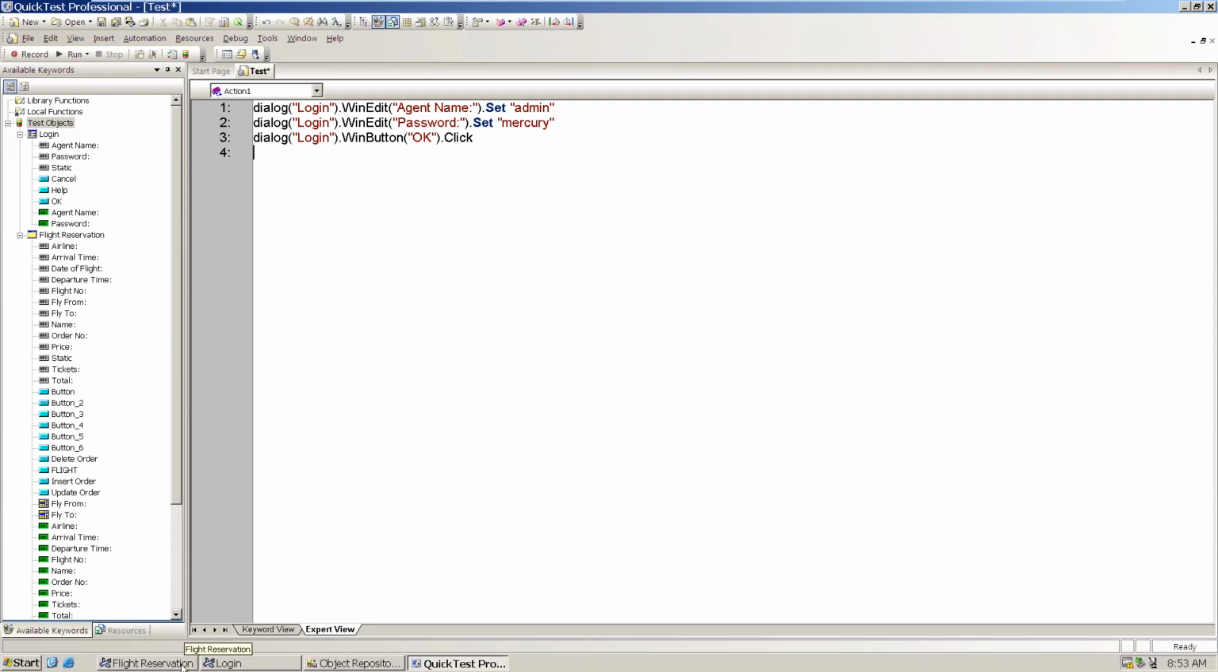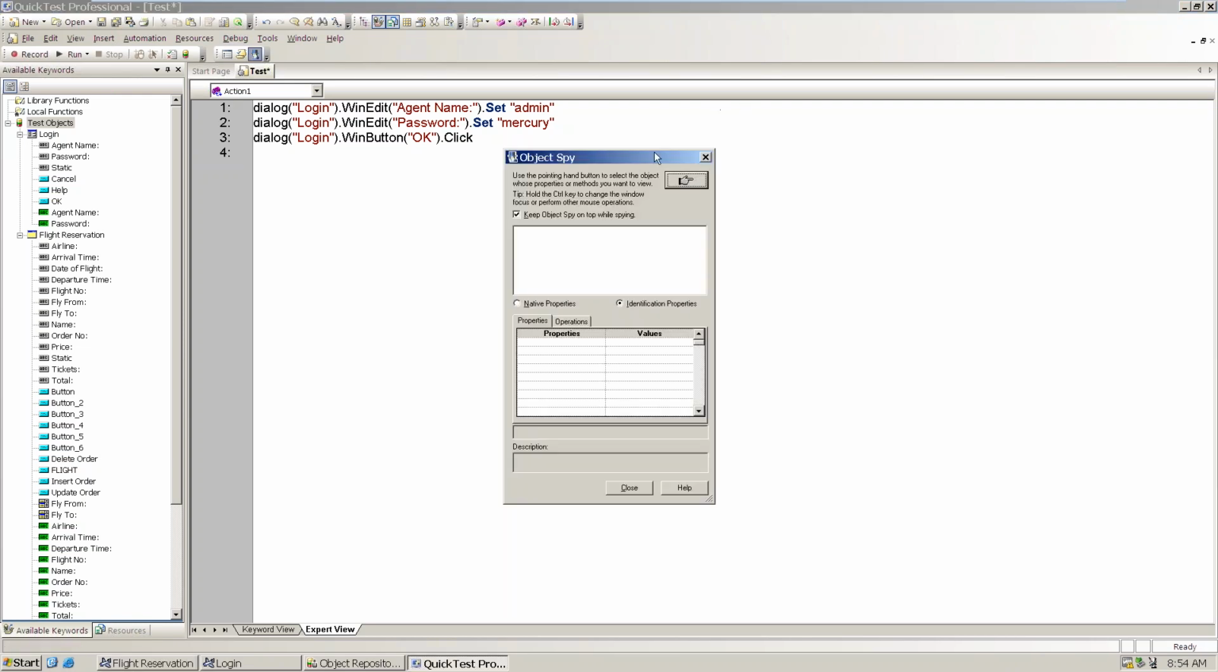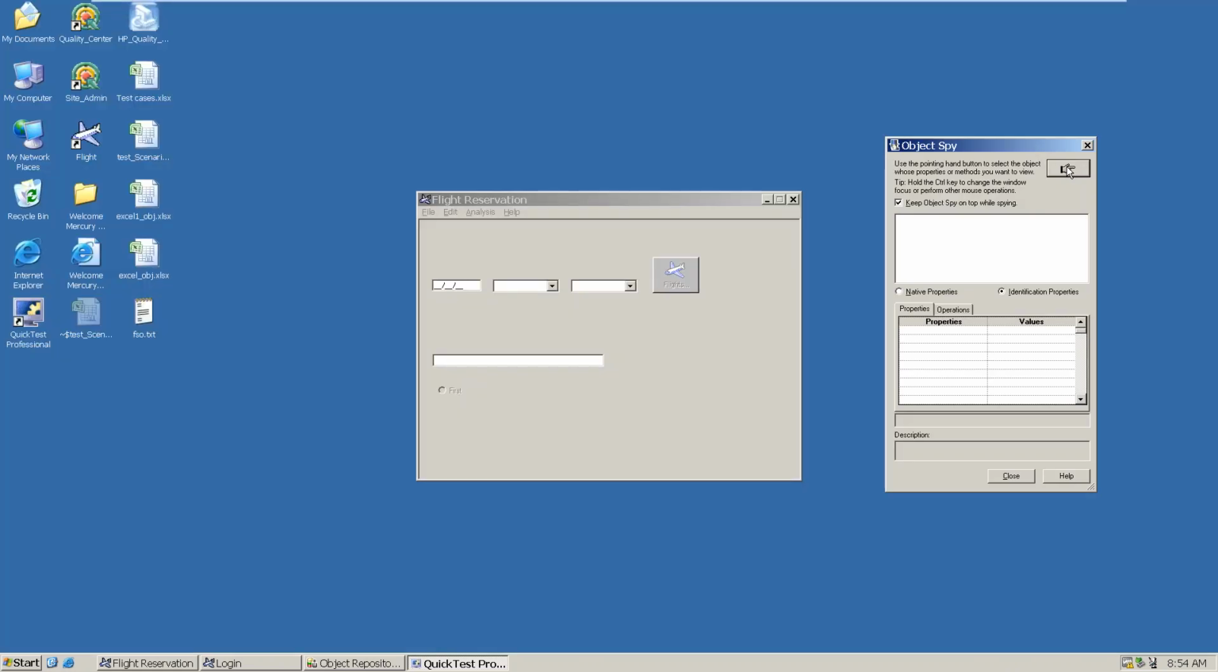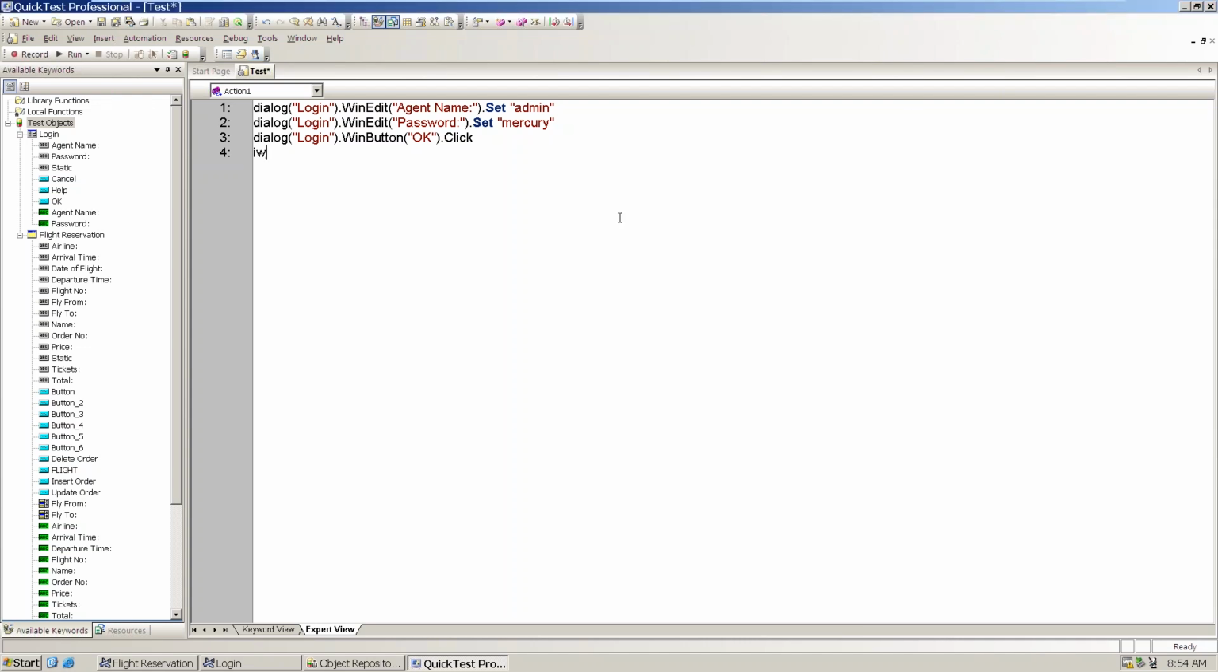that OK button. Okay, now you will open your flight reservation, but I don't know what this flight reservation is. So who will help me out? Object Spy. Click on this hand symbol and click on top of this flight reservation. Now observe, flight reservation is what? It is a window. So what you write here? Window of